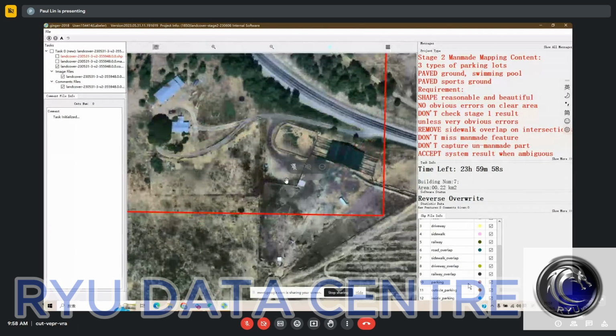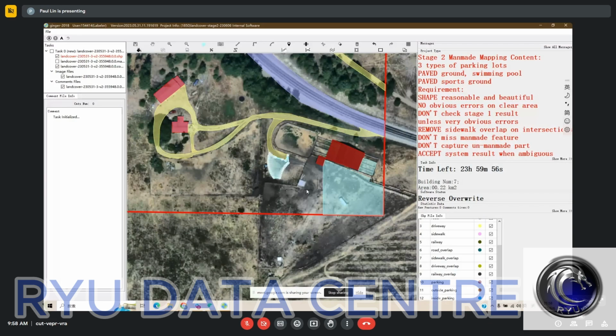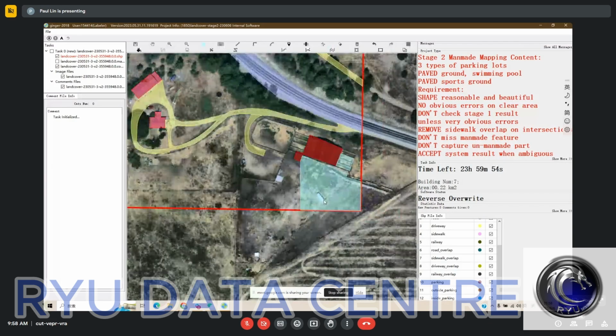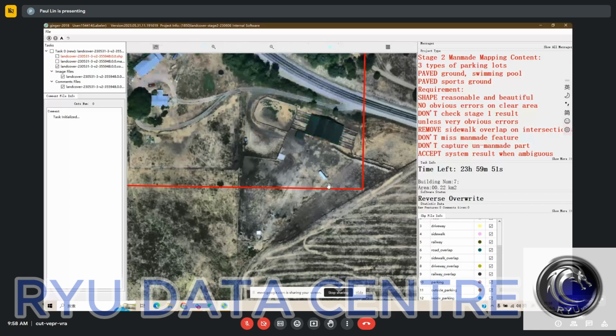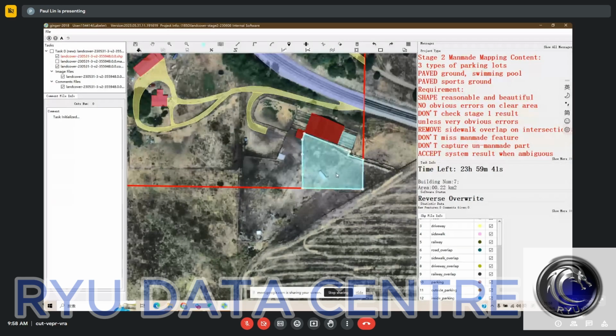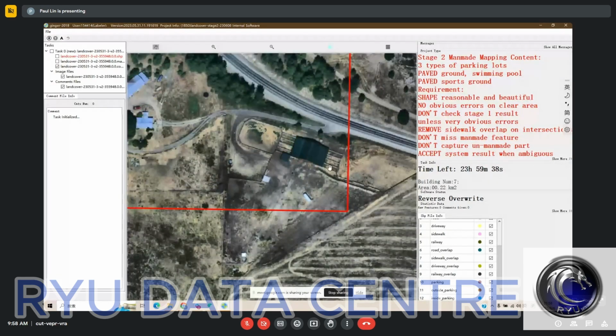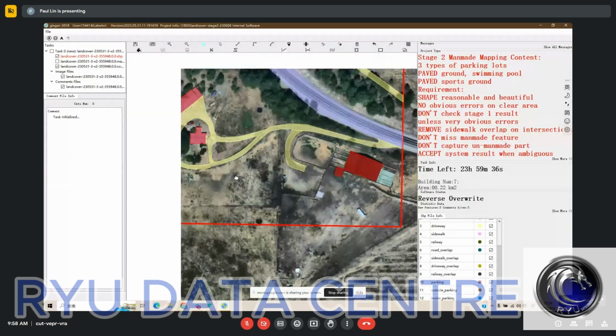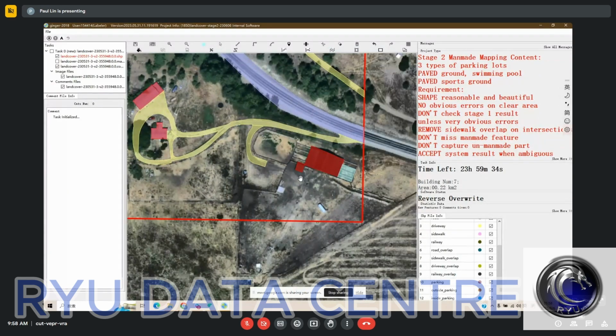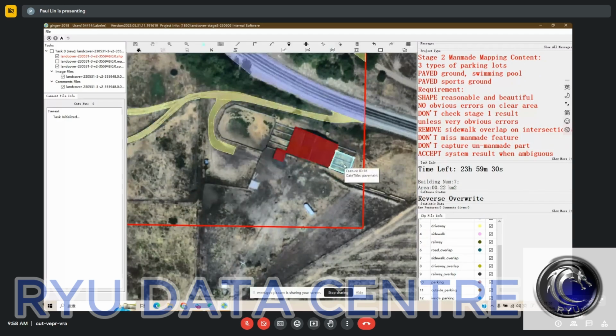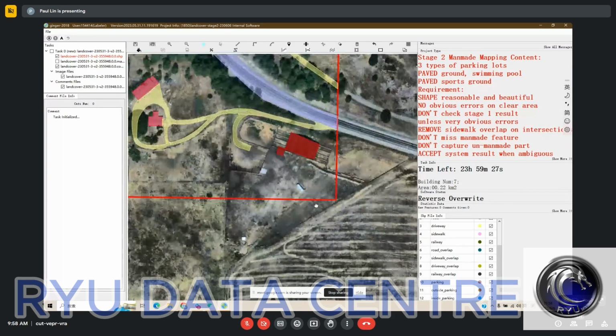Continue to here. This is not payment either, because this whole area is probably an ambiguous case, right? But as you can see, the system is not consistent here. This part is not being captured, but this part is being captured, so it's easier just to delete it. Especially in this rural area, most of them are actually just dirt road, bare land. And this one as well, because this part is not being captured as payment, so I can just delete the